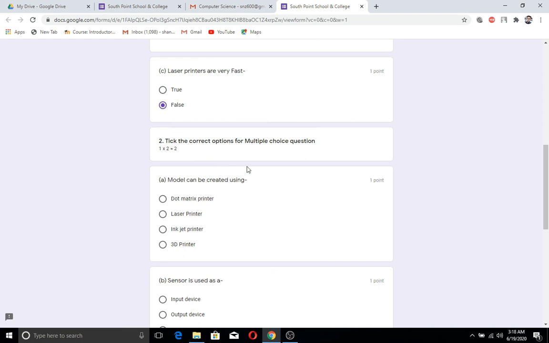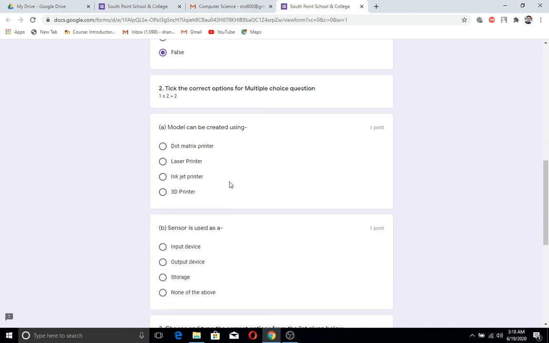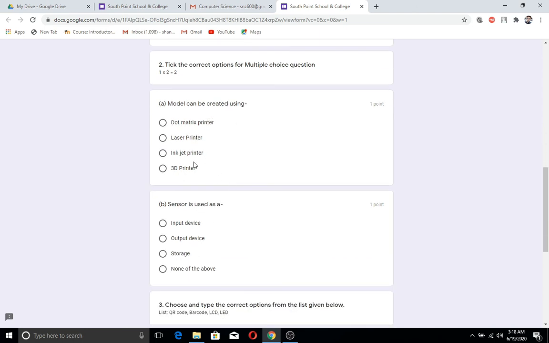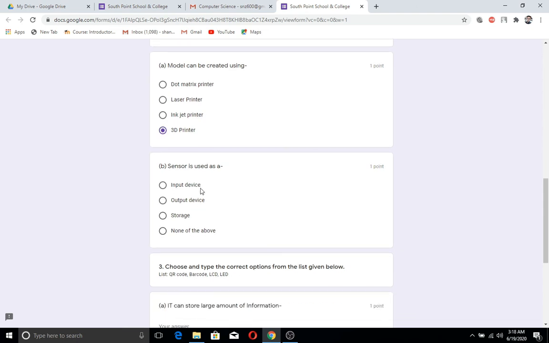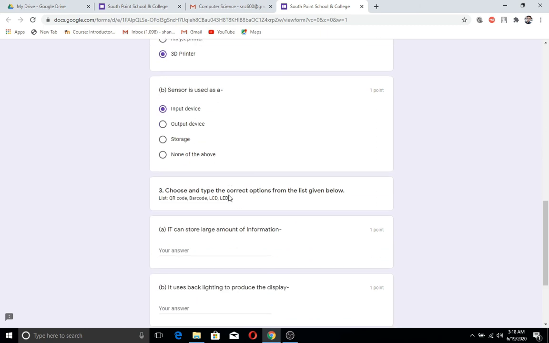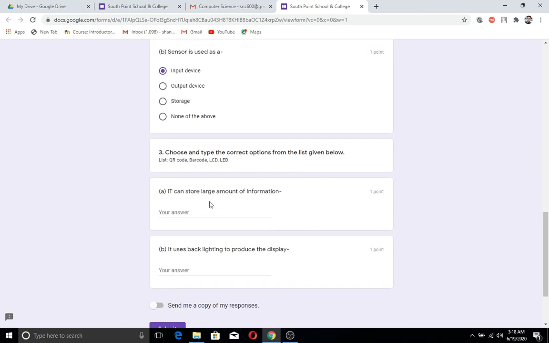Take the correct answer for the multiple choice question, that is question 2. Models can be created using a 3D printer. I'm giving the right option. Sensor is used as an input device, so I am choosing the input device, the correct option, here. Then question 3, choose and type the correct option from the list given below. The list is given. It can store a large amount of information. The answer will be QR code.